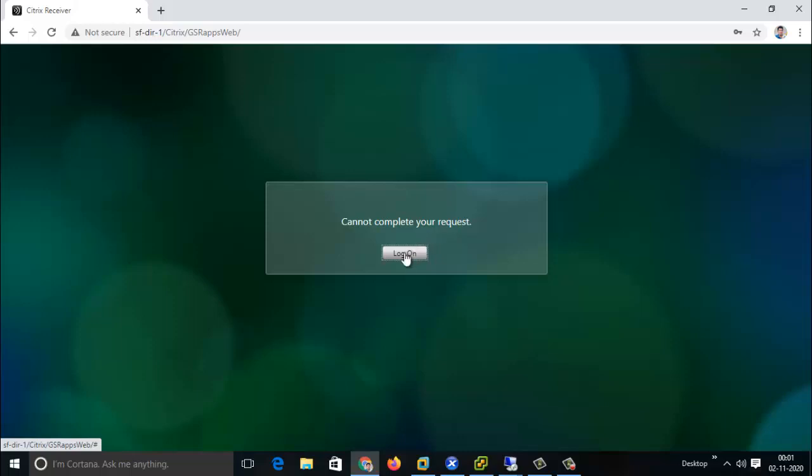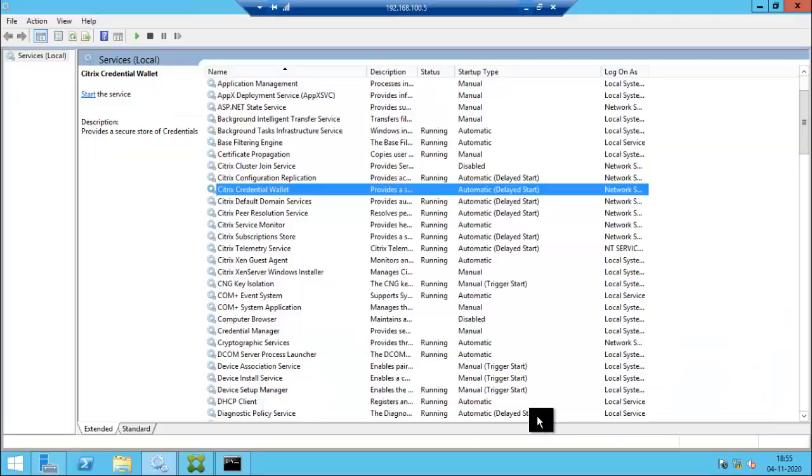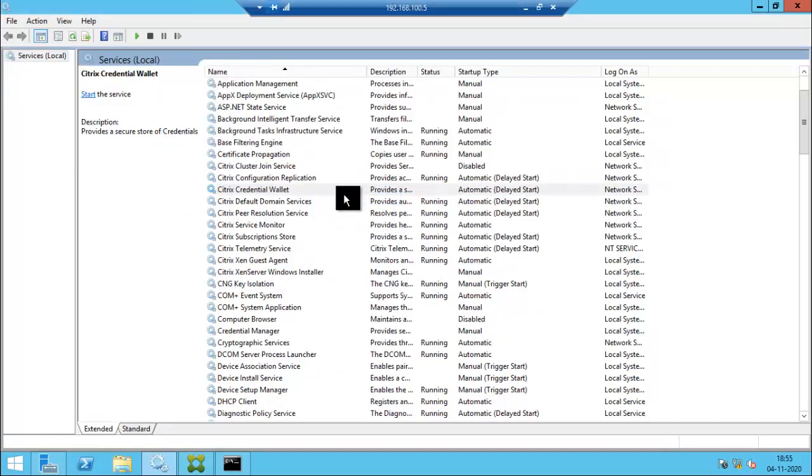That's why we are getting this error message in your infrastructure. If any of your users get this error message without NetScaler, if you have only StoreFront, you can go straight to the StoreFront server and check whether the credential wallet service is running or not. Now just start the service.